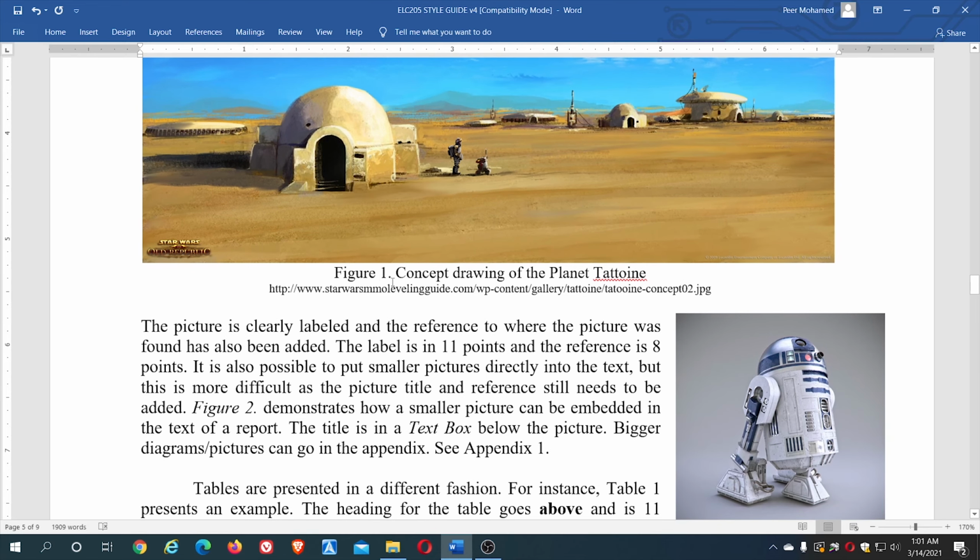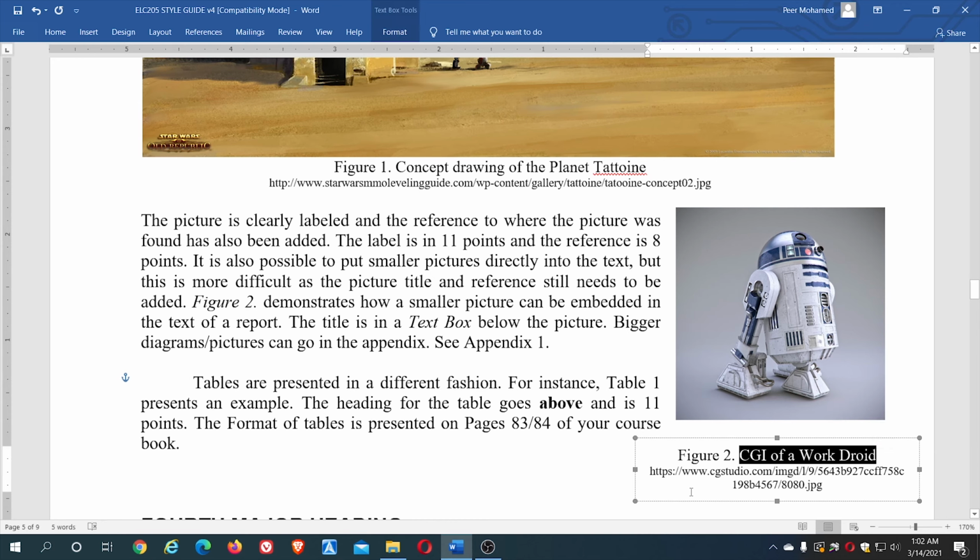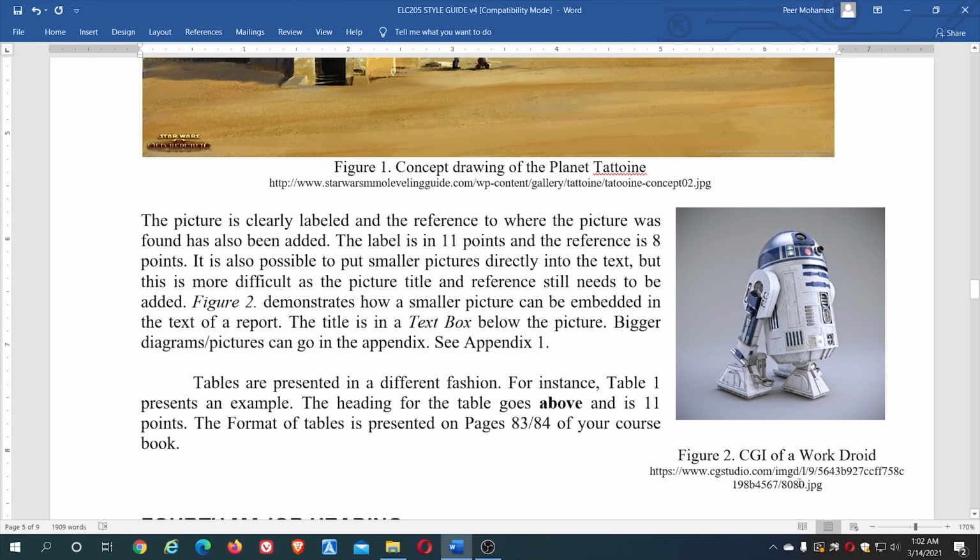So you have mentioned it here, and you have mentioned the kind of caption here, and what you see here is the source from where you have taken this picture. They have given the source also because it's not drawn by you, you have taken it from somewhere else, so you have given the source. You can see another picture is used in this chapter 3. So you are mentioning it figure 2 because this is picture number 1, this is picture number 2. So there is a small caption for picture number 2 and you are giving the source where you have taken it from, the website address, the hyperlink of the website.